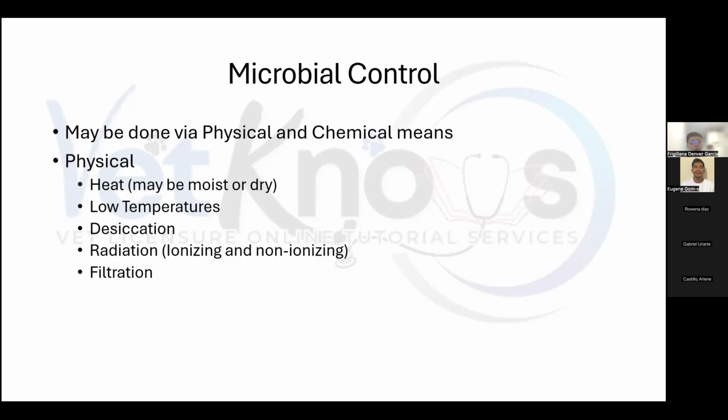This may be moist or dry. So, moist heat, this consists of boiling and our autoclave, yung mga pinaka-favorite natin. So, for autoclave, ang ginagamit na temperature doon would be 121 degrees Celsius for 15 minutes at 2 to 8 atm or 2 atmospheres or 15 psi yung pressure niya. And this effectively kills everything, pati mga endospores.